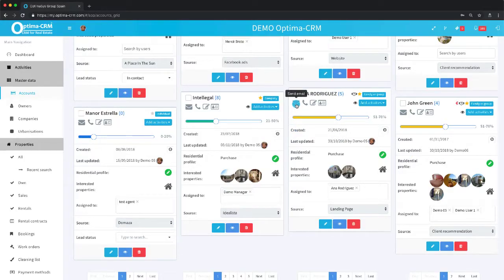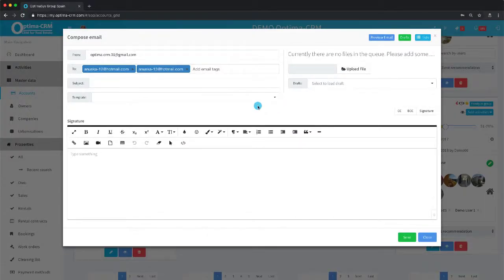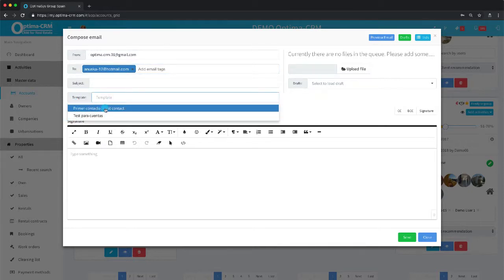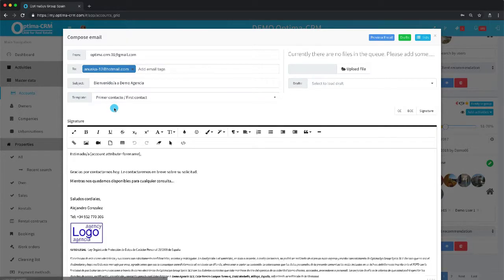From here I can also directly send an email, and in the email it'll show me all the email addresses that are on this specific record, and I can decide to not send it to everybody. My email will be showing here, and then I can go about writing my email, or I can base myself based on any of the templates that I make for my company. And it will then pre-fill whatever the email needs to say,